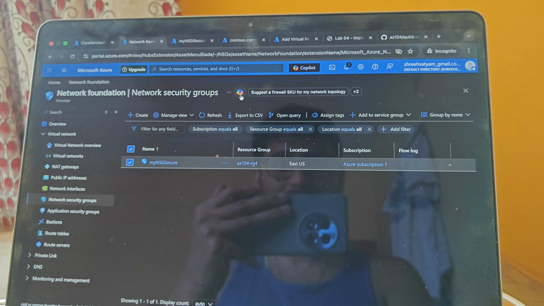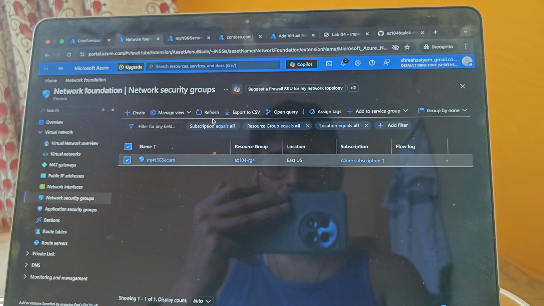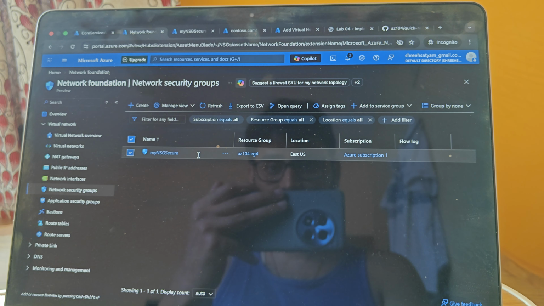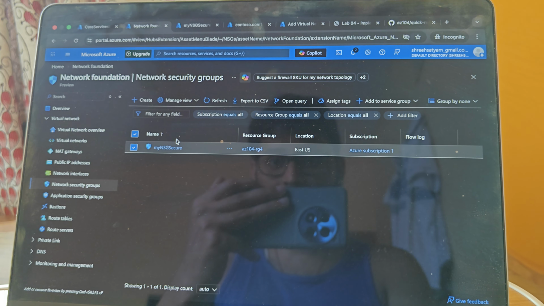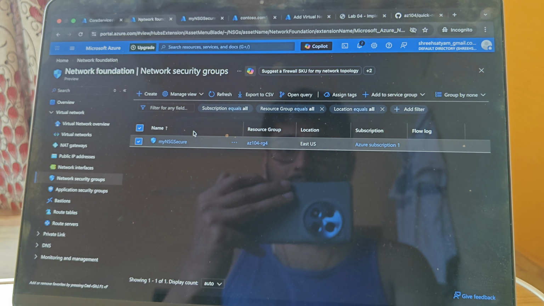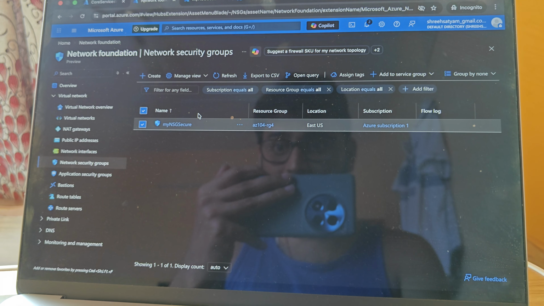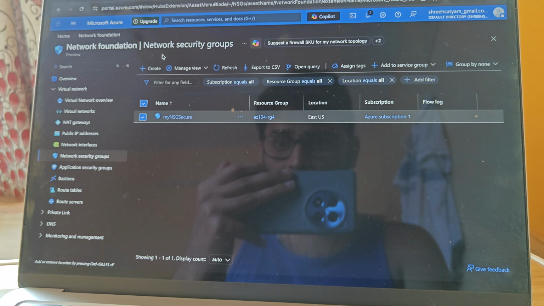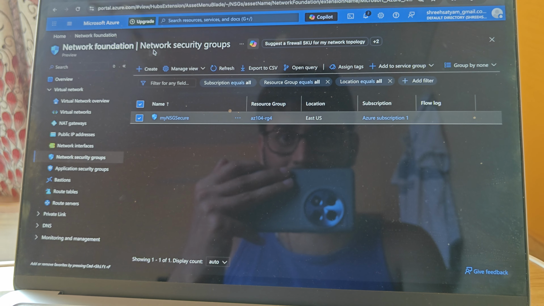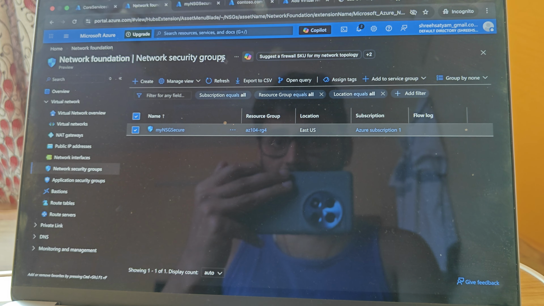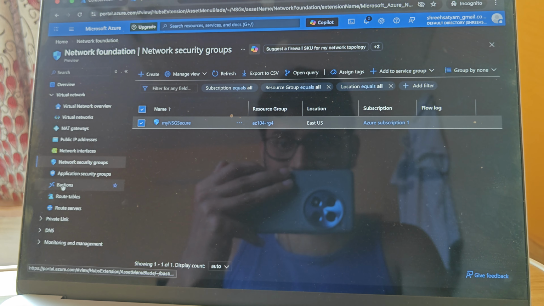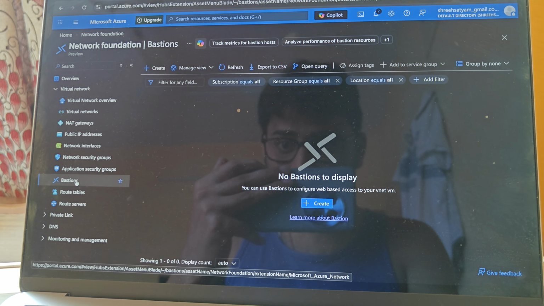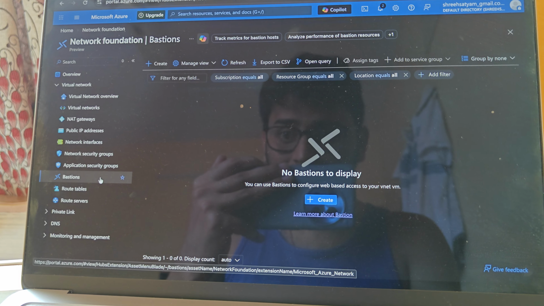The next task, basically the third task: you have created the application security group and network security group. Now you need to connect these with the virtual network within the subnets. So what you will be doing is go to the virtual network security. Here we are already on this page. Go to the settings button in the left side panel. Just go to the settings, and under that there would be